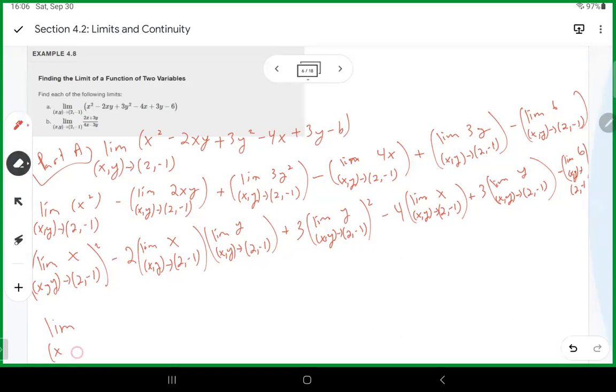Keep trying to just do xy to negative 1 of x squared minus 2xy plus 3y squared minus 4x plus 3y minus 6 is going to give us